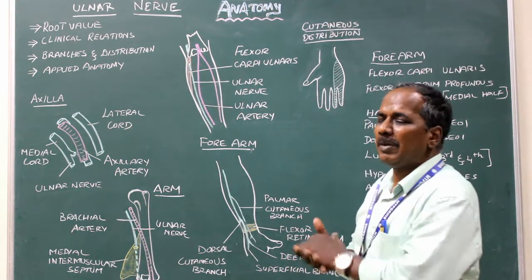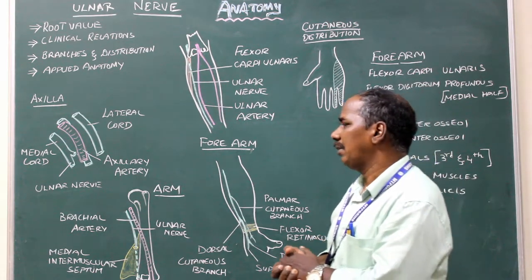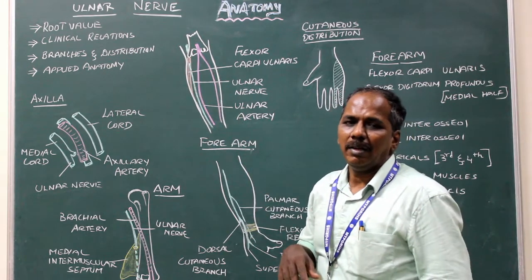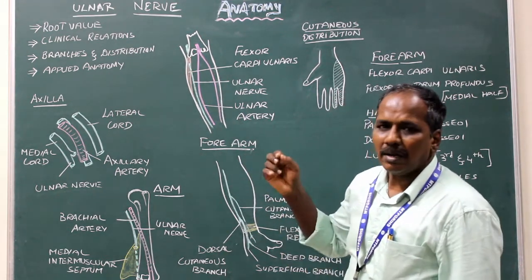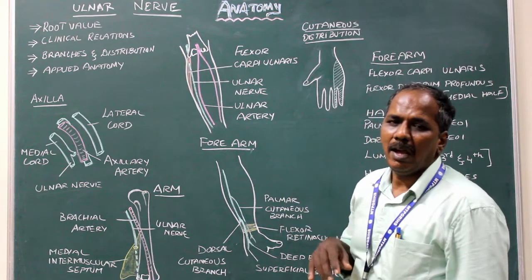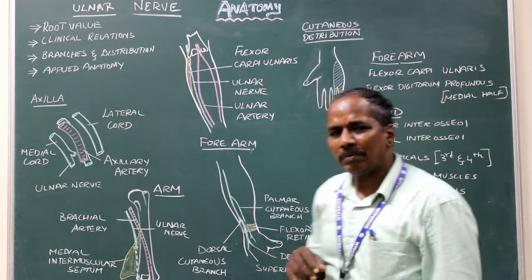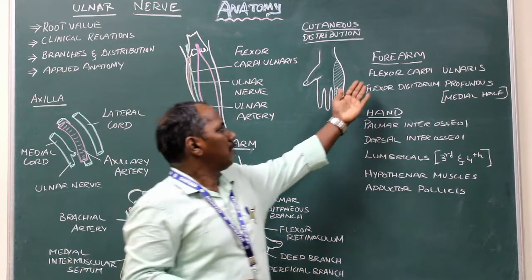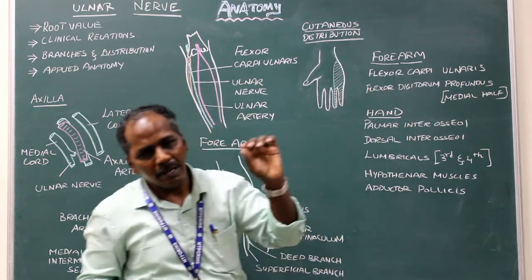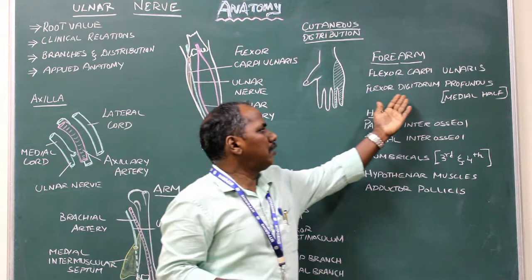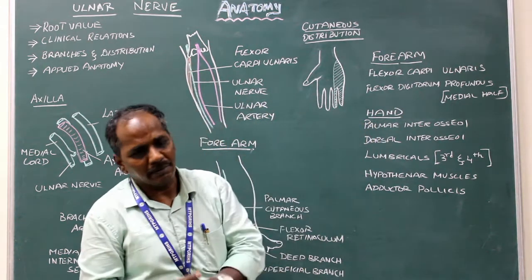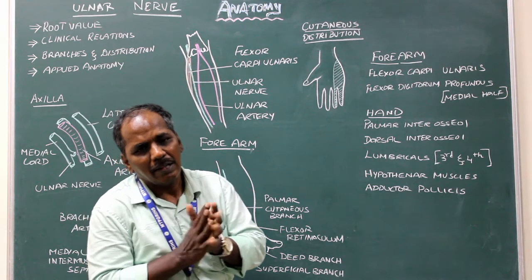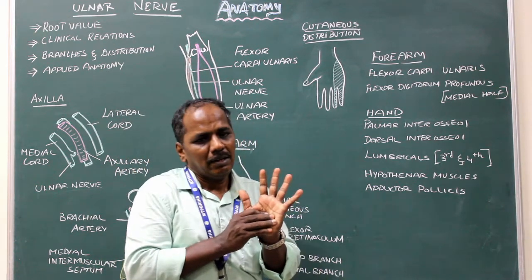Branches and distribution. In the forearm, it supplies flexor carpi ulnaris and the medial half of flexor digitorum profundus. In the hand, it supplies